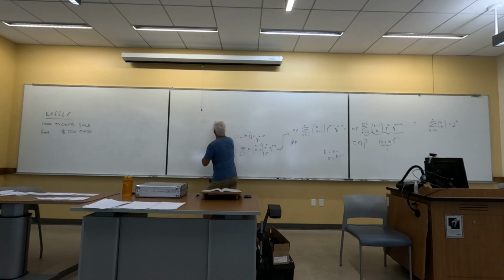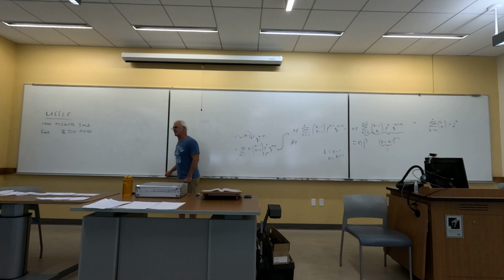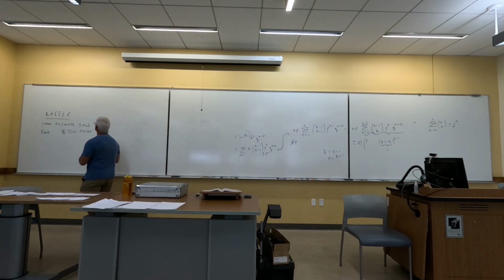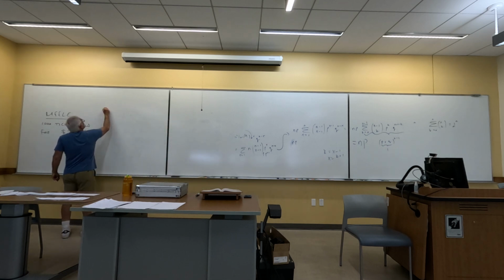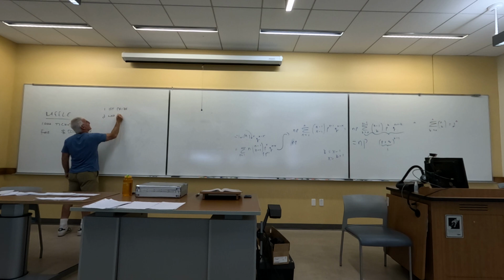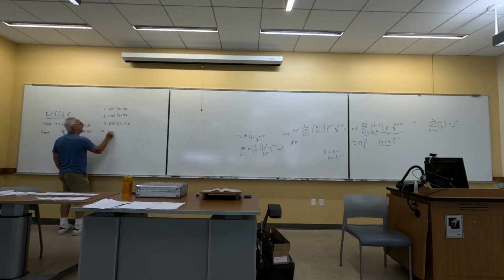I love using raffles because they're really simple to understand. The mathematics is usually pretty simple. And here's how it goes. There is one first prize. There are 2 second prizes. There are 3 third prizes. There are 10